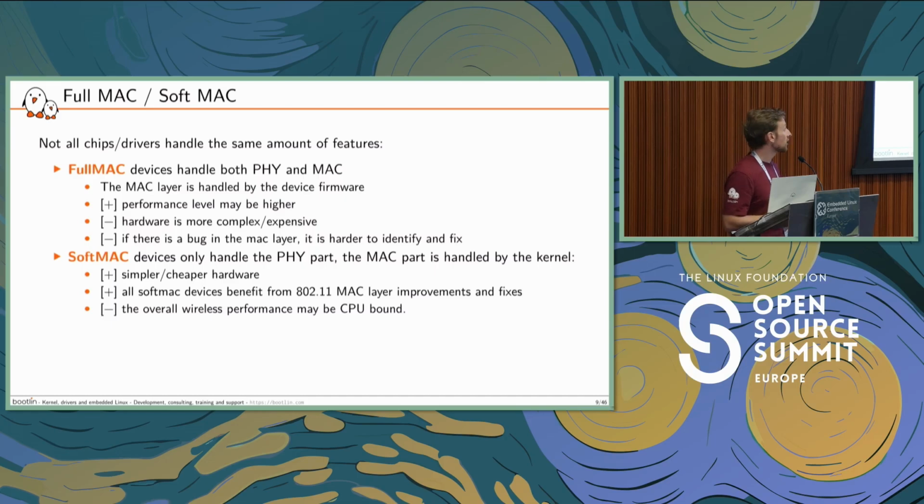However, there is one consequence, and it is especially important for low-power platforms. Our MAC layer is running in software, so our overall wireless performance may start to be CPU-bound. This is especially important to know if you are running an access point with plenty of stations connected: your MAC layer is running in software and